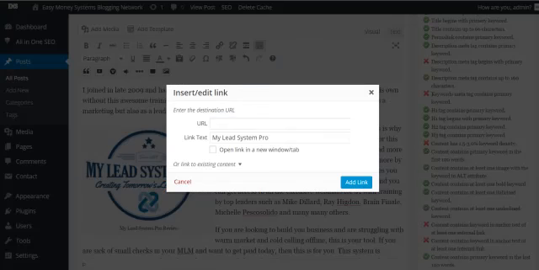So my URL for this test account is this one. I'm going to enter that in the URL. Now it needs to stay as the keyword My Lead System Pro, and this button here doesn't need to be checked. The reason why is that it keeps the link inside your site, which means you've got link text with the keyword, you've got your bold, your underline and your italic, and you'll also need one that will have a tick in it. I'll show you the one without first,